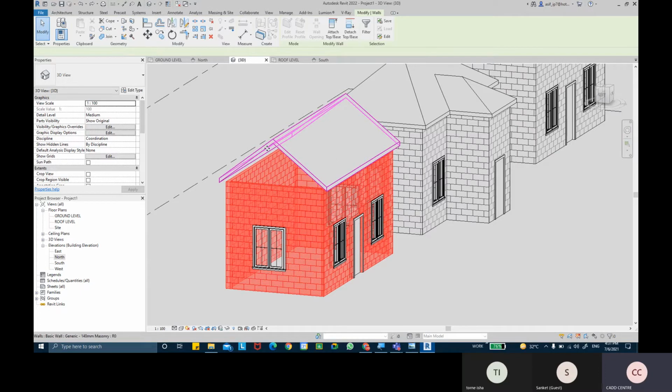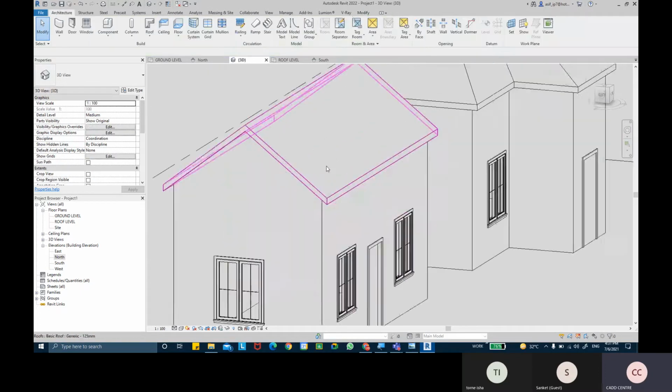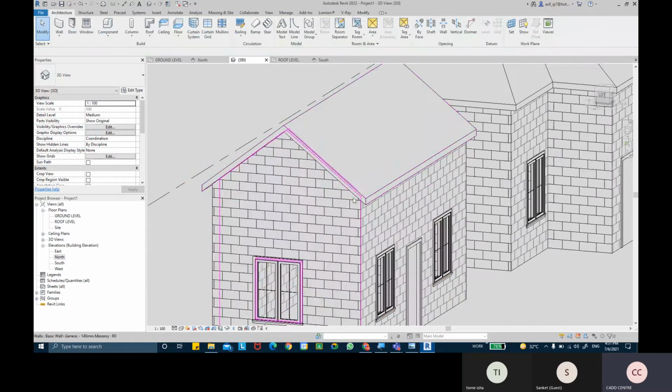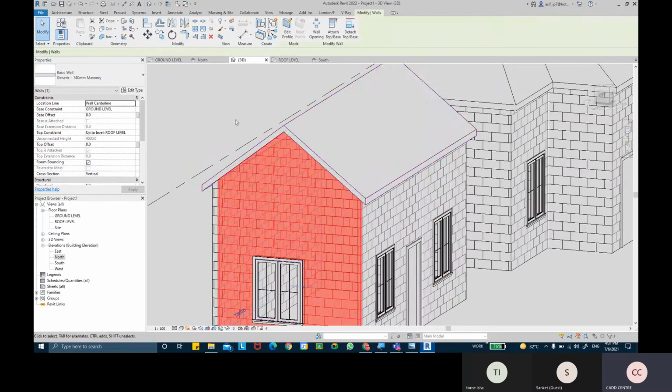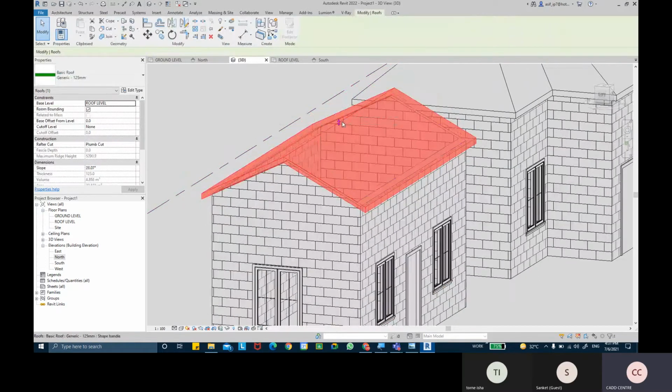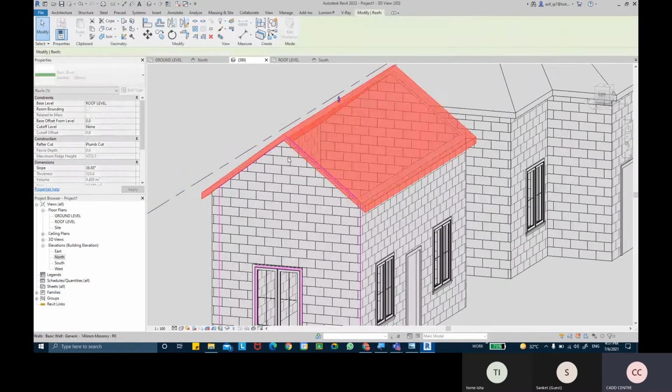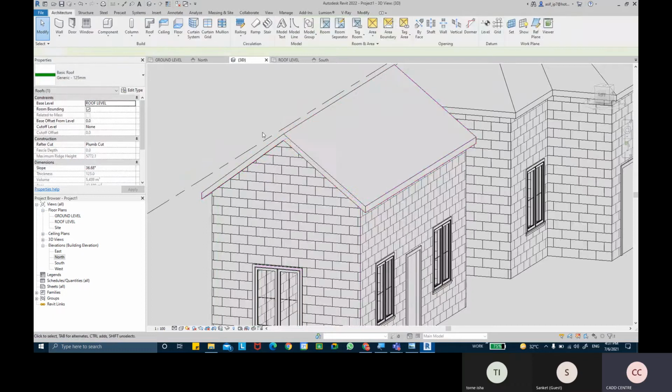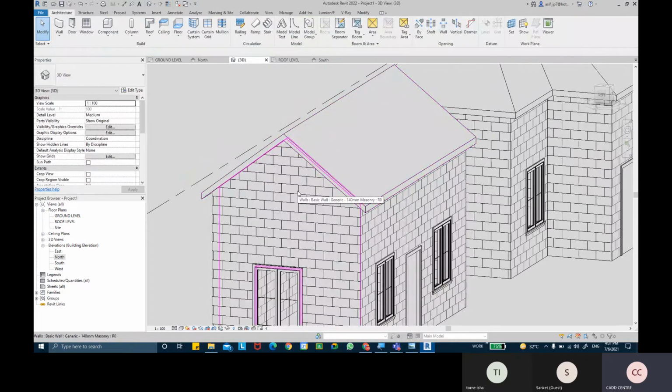So when I clicked it, you'll find now that wall is properly systematically attached to the roof and even gets cut off to that same profile of the roof basically there. So now no matter if I just drag the roof down, you can see it adjusts the wall heights automatically because it is attached to the roof basically. So wherever the roof goes, the wall will follow.